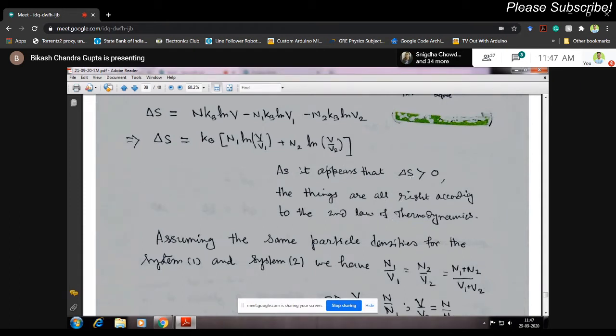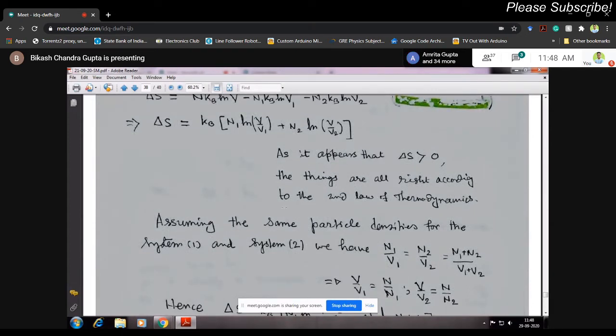And therefore, when you are mixing the two gases, before mixing, as soon as you remove the wall, they will start moving around, therefore they will mix, and therefore a non-equilibrium state has been generated, and they will try to reach the equilibrium, and during this process, according to the second law of thermodynamics, the entropy will increase, and we expect that delta S should be greater than 0, and that is what is happening. So there is no conflict, no problem at all.